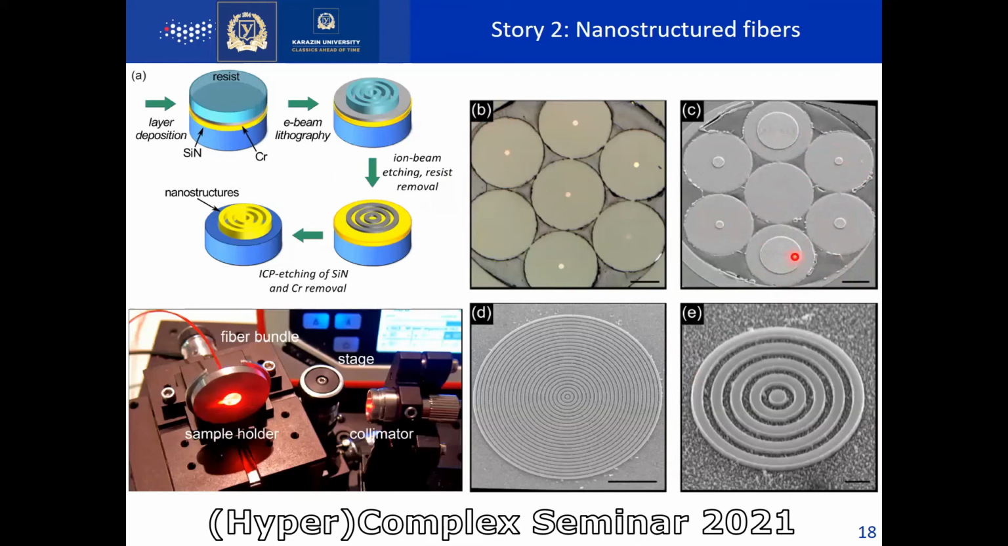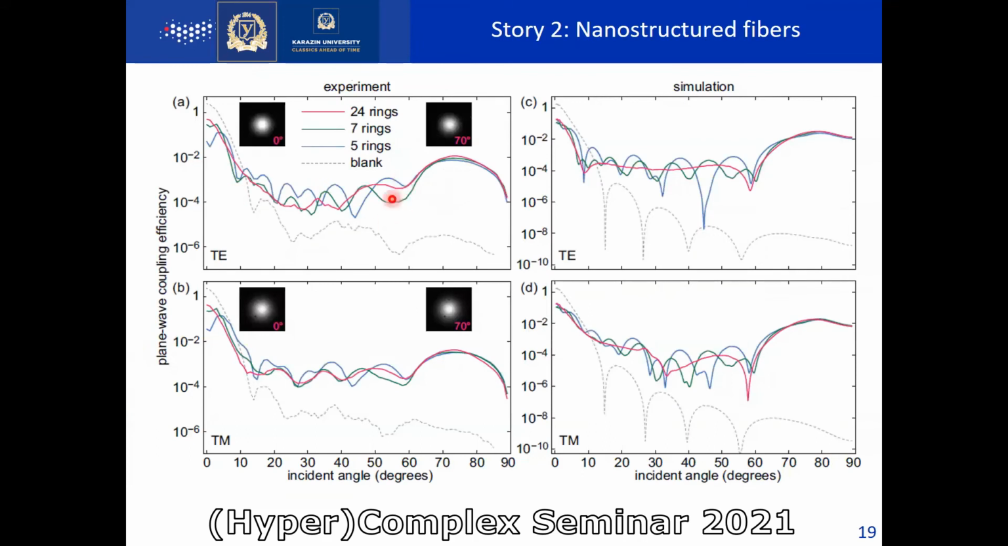Here's 5, 7, and 24 rings. And here is the main result, where you can see the dependence of plane wave coupling efficiency on the incident angles for different polarizations, TE and TM. Here are the experimentally measured and numerically calculated results. This gray dashed line corresponds to the bare fiber without nanostructure, and the colored lines to the fiber with different numbers